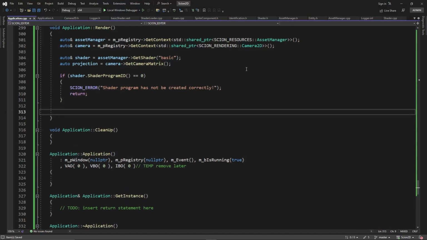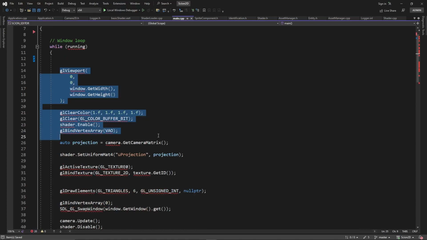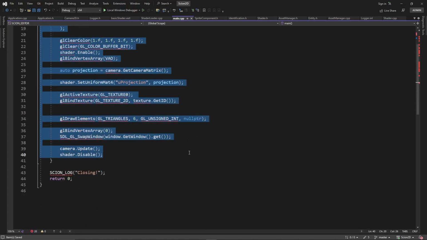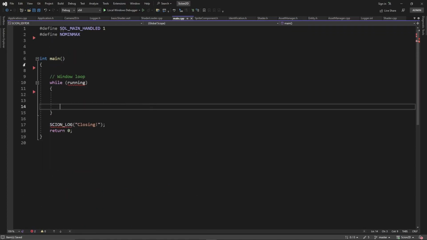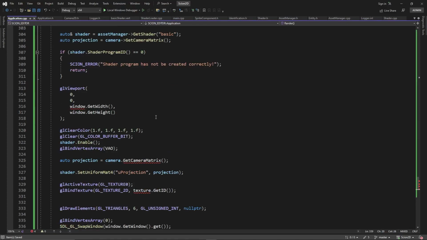Okay. All right, so let's go back to main and let's grab these. All of this. We can grab all this stuff here. Cool. See, our main is almost empty now. So grab all this, paste it there. And GL viewport is now,